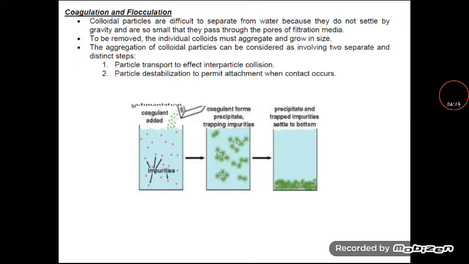The next unit process is coagulation and flocculation. Here coagulation is used to settle the colloidal particles present in the water. Colloidal particles are very difficult to separate from the water because they are very small in size, so it is very difficult to make them settle down by means of gravity. So we require some aid, and we have to add some chemicals called coagulants. Normally aluminum sulfate, alum, is the most widely used coagulant to make the particles agglomerate together.